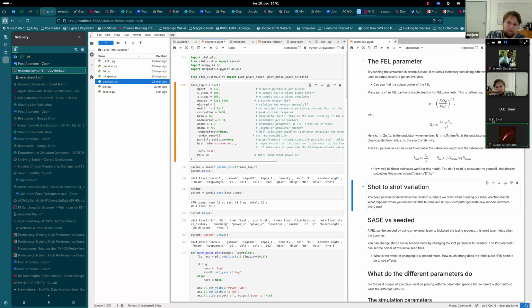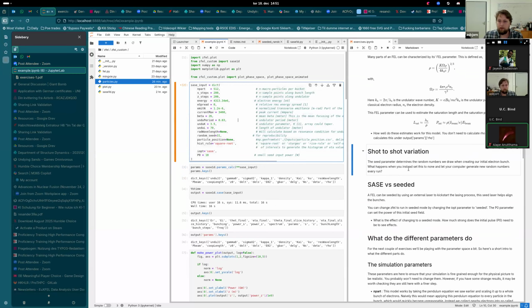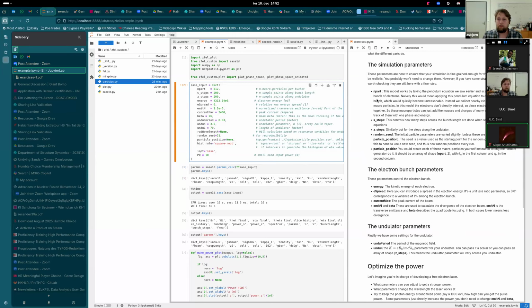The first simple thing is we have this params calc, and basically you take this input and then it gives you out a lot of parameters. Could you just quickly say what the main input parameters are? Yes, sure. Which parameters is it worth changing? So I tried putting a little note about it here, but very shortly,